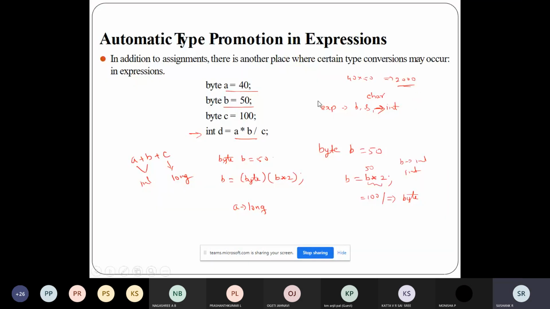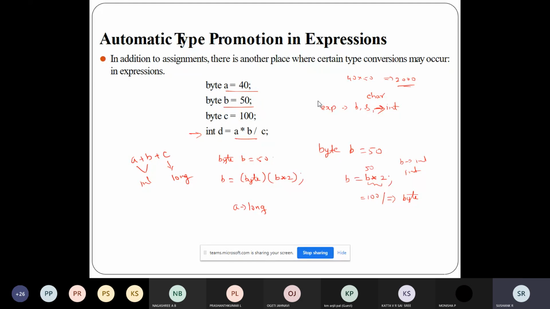So the next thing is regarding the type promotions. Just remember one point: when evaluating an expression, the byte, short and character will be converted to integer. And in an expression, if we have an operand with long, that entire expression will be converted to long.